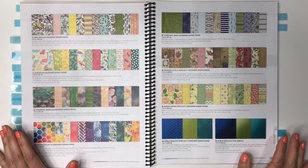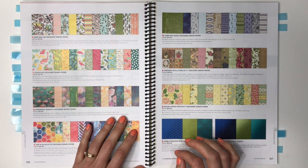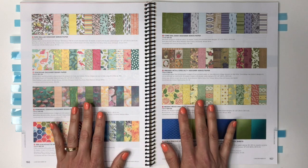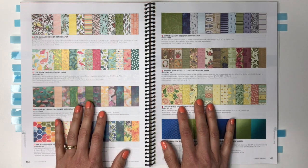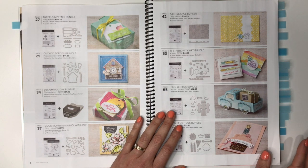If you're not sure what to do with all these pretty papers, go ahead and check out my One Sheet Wonder playlist on my YouTube channel for fun ideas on how to turn all of your pretty papers into a stack of pretty cards. So this is a really big catalog and it's full of fun products and ideas,